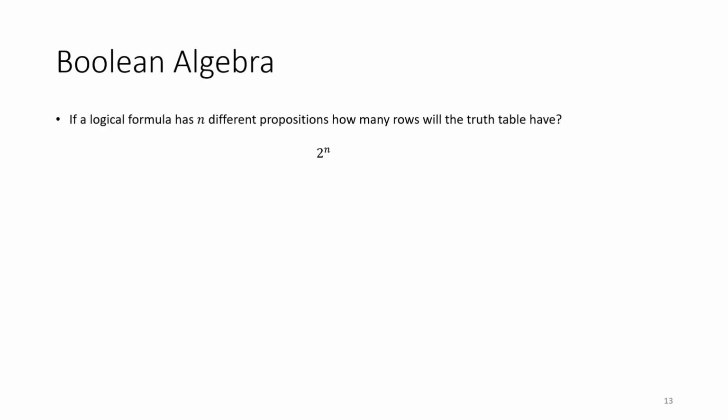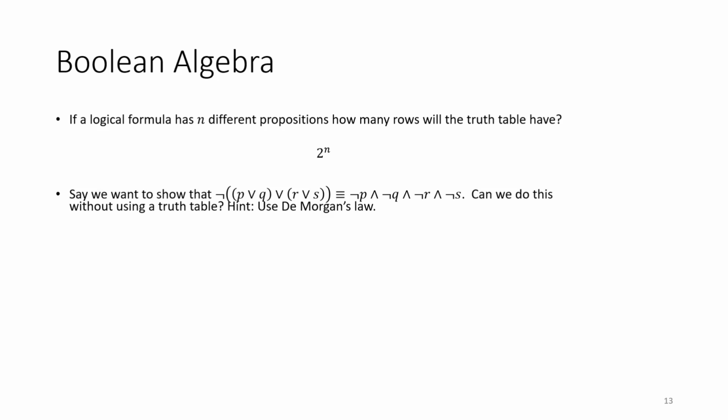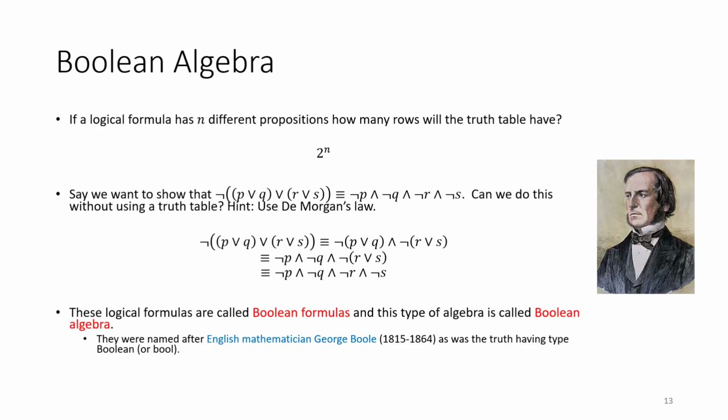So as we took a look, we noticed that if we were going to use a truth table to do some of these equivalencies, we need 2 to the n rows for n variables. And so we did an example similar to this. Actually, it was slightly different than this, to show using some algebra, Boolean algebra, that indeed these statements are equivalent. And as you can see here, maybe we use 3 lines, or however you want to count this, in terms of how much effort this takes. This is less than, say, the 16 rows that we would need. And I keep mentioning this, I keep calling this Boolean algebra. And that's because the